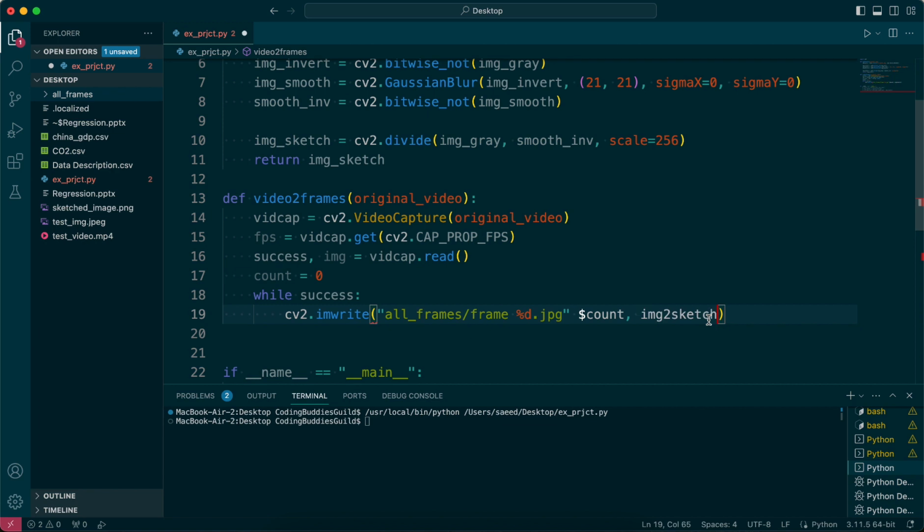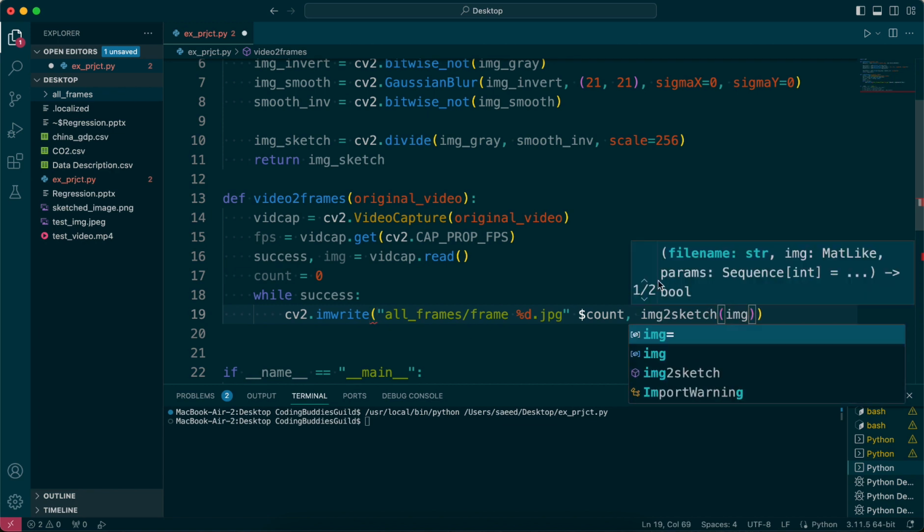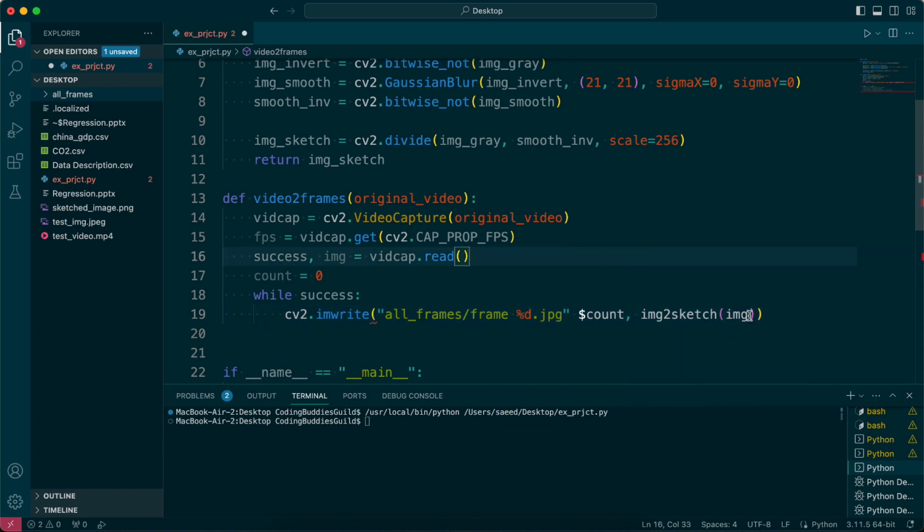I'm going to put this in here of image. So for each frame, I'm going to get that frame, call the image to sketch function that we wrote on that frame. Now we have the sketched frame, and then I'm going to save it here in this directory named as frame